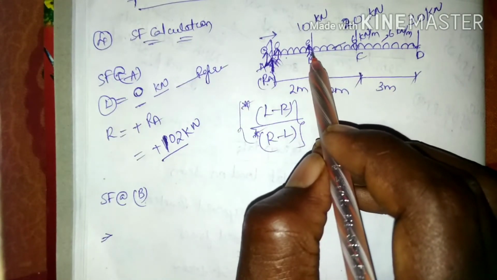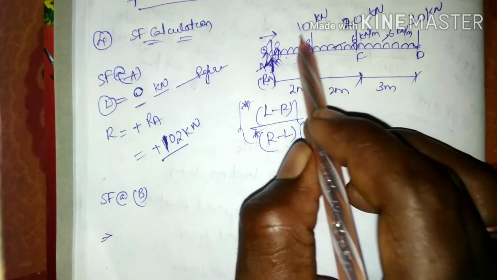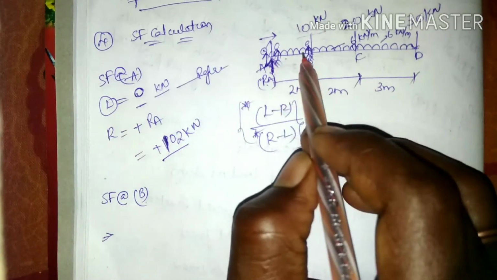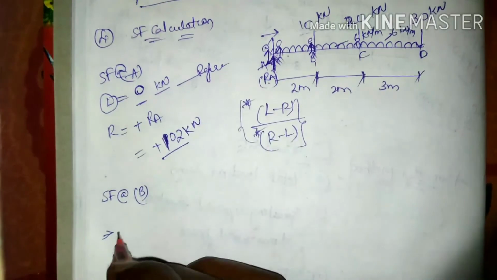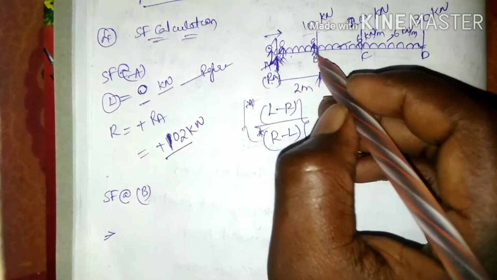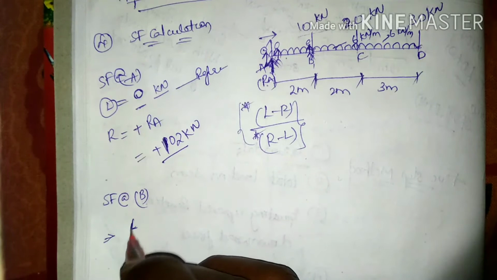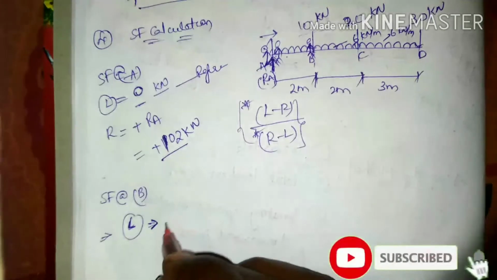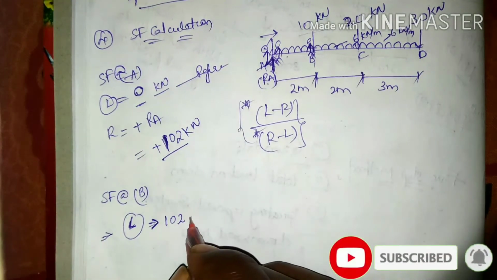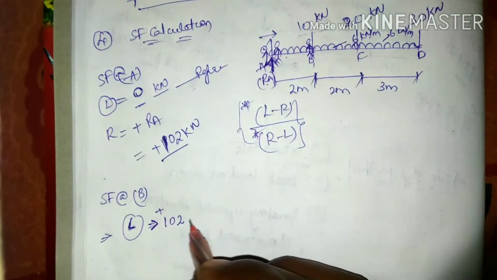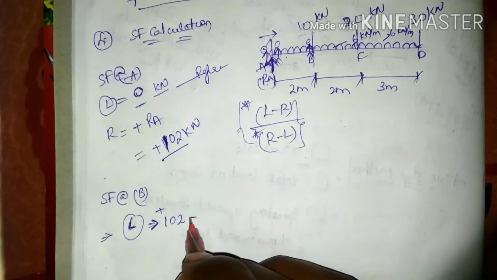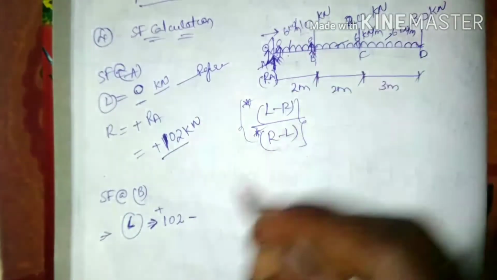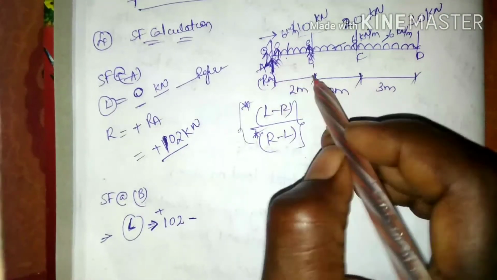Then here at B, I am going to find a point load of magnitude 10 kilonewtons, and from A to B, there is a UDL which is going to act on this beam. For the left of B, I don't find any type of point loads, only the UDL. So the 102 kilonewtons here is positive, and the UDL is in the downward direction, so that is negative. The magnitude of the UDL is 6 kilonewtons per meter, and the distance is 2 meters.